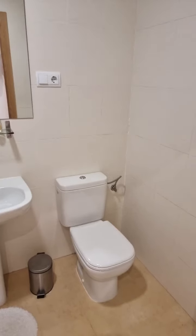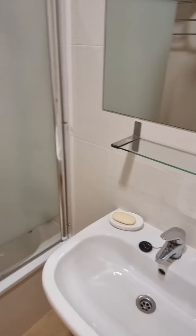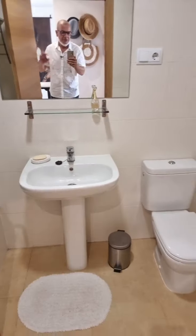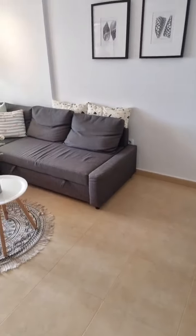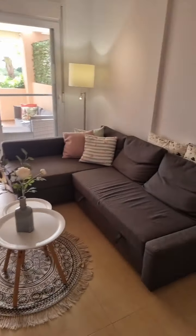This is now the bathroom I'm showing you with all the normally installed services. We have a bathtub here with a glass shower screen, kind of a rainforest shower solution, and a hand wash basin. You see again Rupert in the mirror, and as I said, all necessary installations for a bathroom. So this was the bathroom of this 2-bed, 1-bathroom apartment, which is sold fully furnished, as we see, except